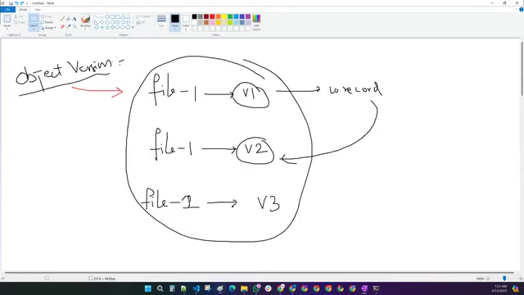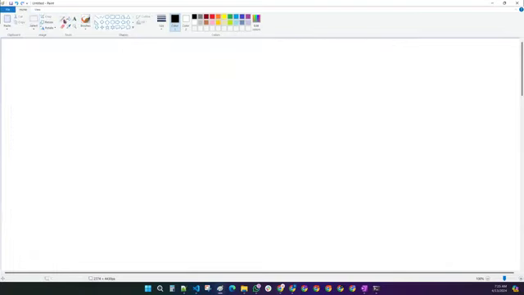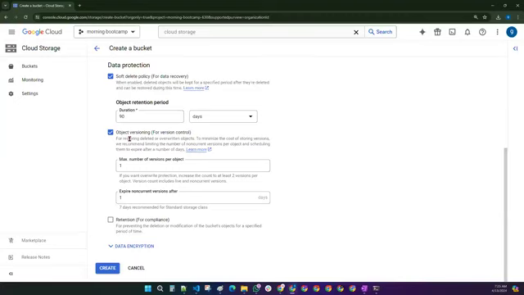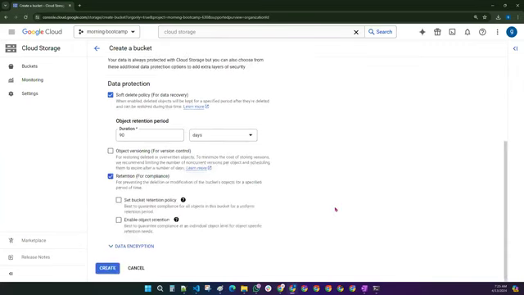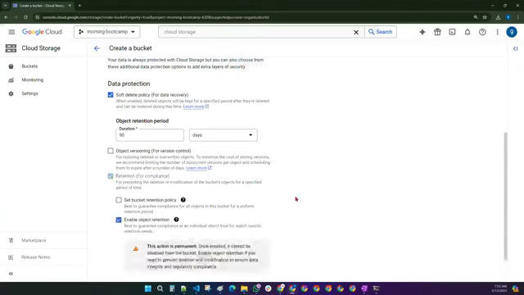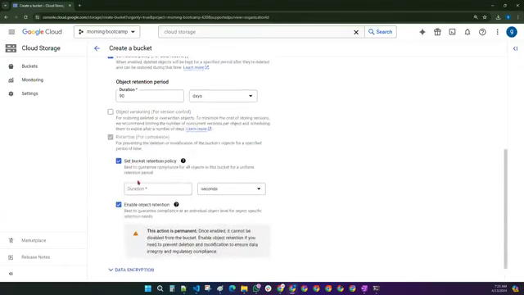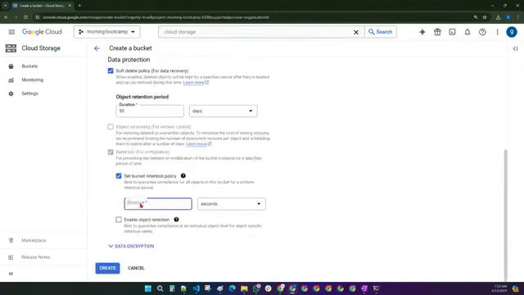And similarly, you can go here. With object versioning, we can select the maximum number of concurrent versions, 2 or 3 or 4 or whatever it is. Now this is object versioning. Similarly, we have a retention policy. So when you select a retention policy, for example, if you mention